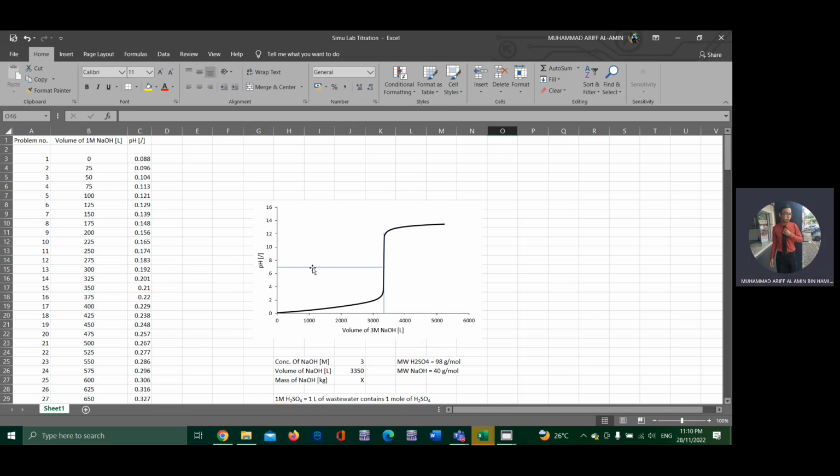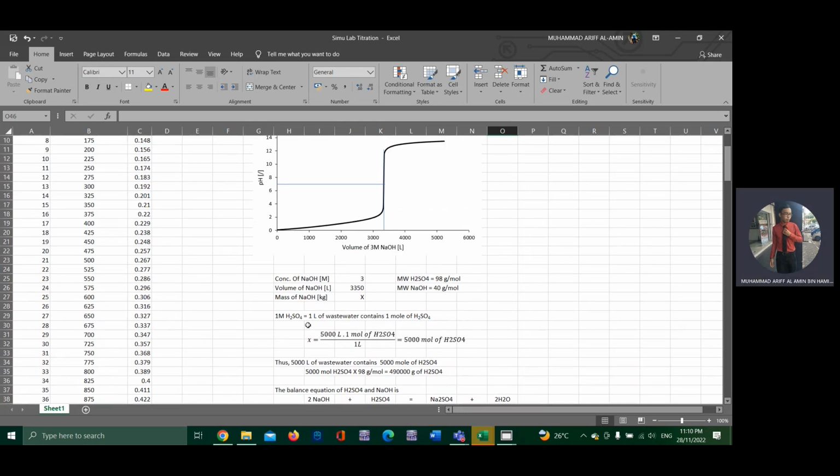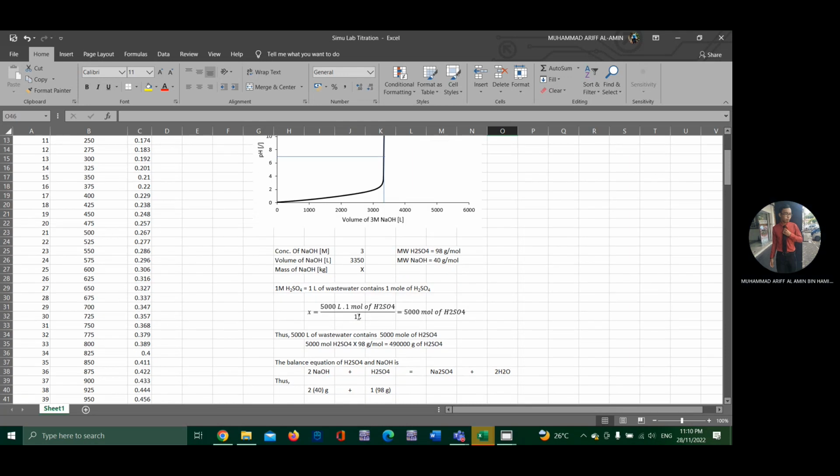So this is our equivalent point, which is at 3,350 liter of NaOH. It will neutralize the sulfuric acid, which is H2SO4. So on our calculation side, we know that 1 molar H2SO4 means that 1 liter of wastewater contains 1 mole of H2SO4. So after derivation, I've got